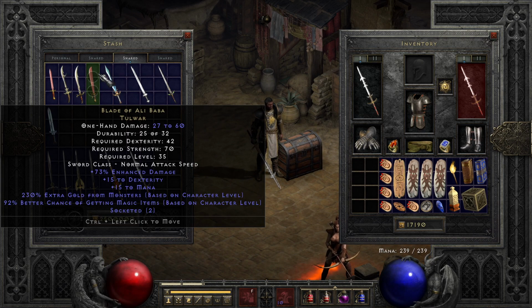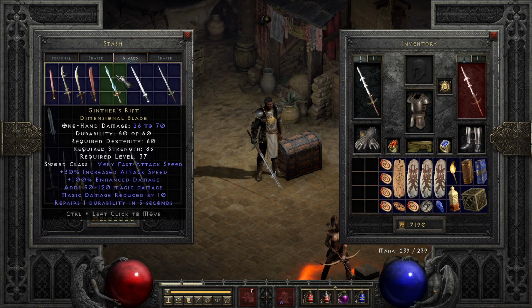Then we move on to Ginther's Rift. A great answer for early physical immunes, though it won't carry its weight too well into hell. Ginther's Rift is an auto-repairing, okay damage dealing, fairly fast striking source of 50 to 120 magic damage on top